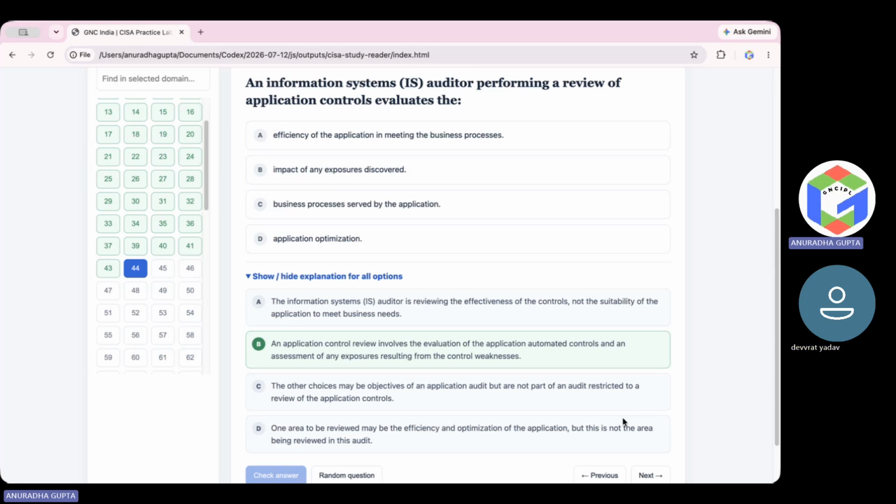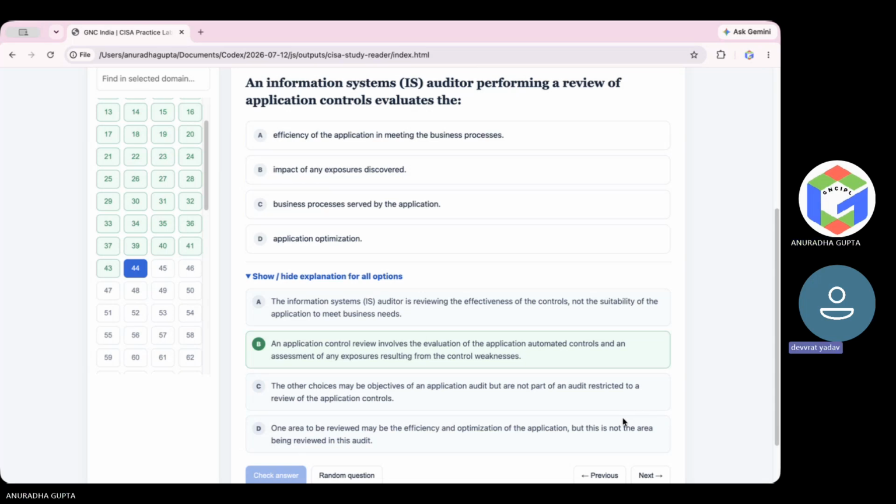This is the explanation of this. And for B, impact of any exposure discovered. An application control review involves the evaluation of the application automated controls and an assessment of the exposure resulting from the control weakness. Again, if any control weakness exists, like suppose for the application access control MFA is not enabled for the user, there could be a possibility that if any user shares their credential with an outsider, he can get access to this application, right? And he can perform